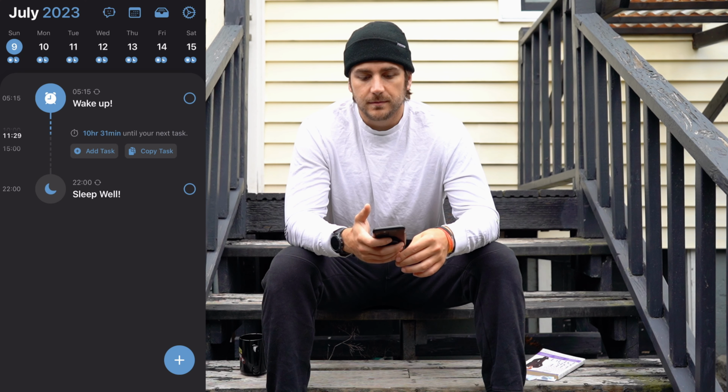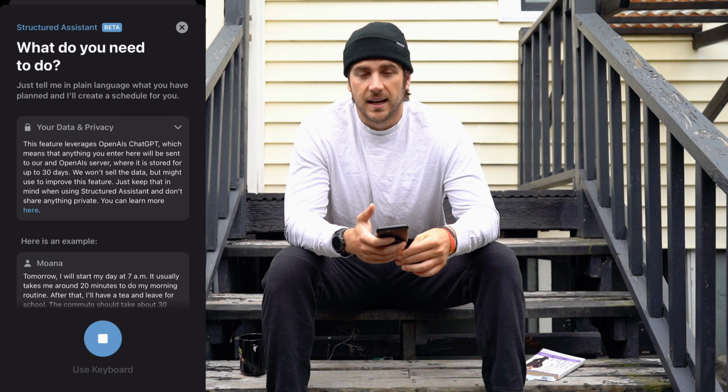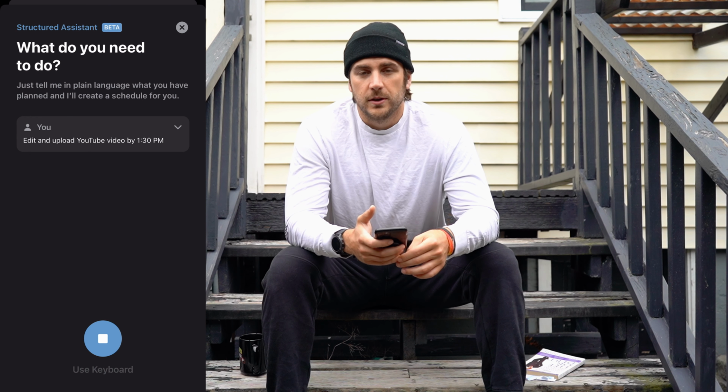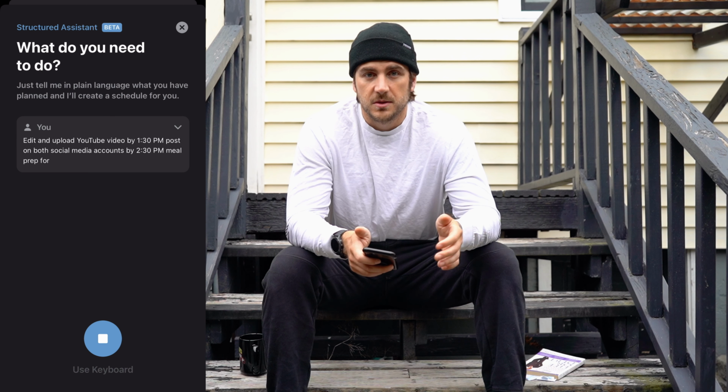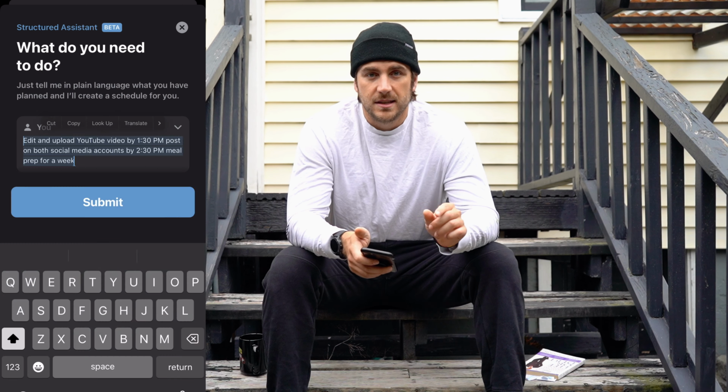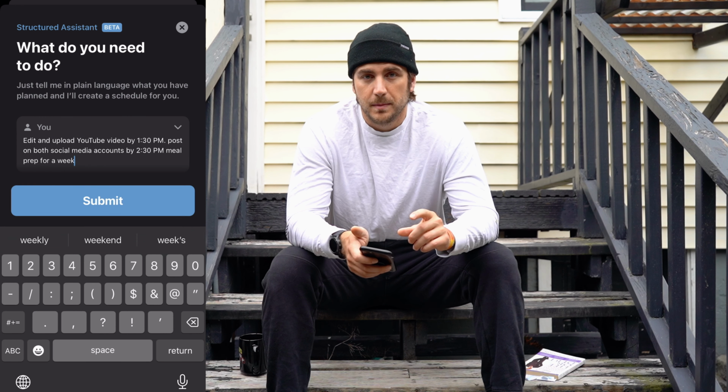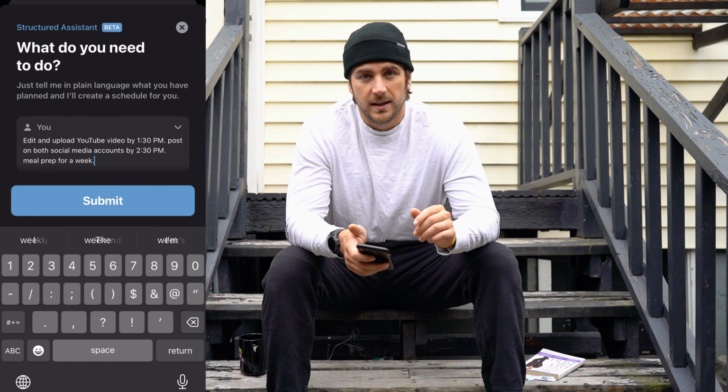One of my favorite parts about the Structured app as well, that makes it extremely easy to plan out my day, so I don't have to waste a bunch of time entering each individual task and adjusting the times and making sure the schedule all works, is that Structured is beta testing an AI platform right now. It's basically just text to speech on your iPhone or your normal smartphone, but you just mention all the tasks that you have for the day, put estimated times of when you need to have them complete by, and then it'll auto formulate a schedule for you.